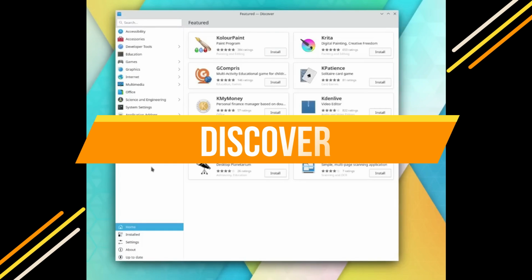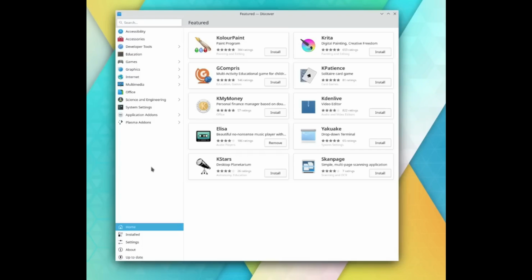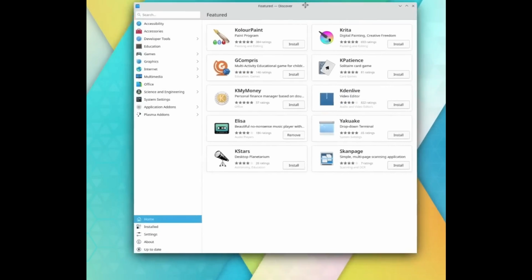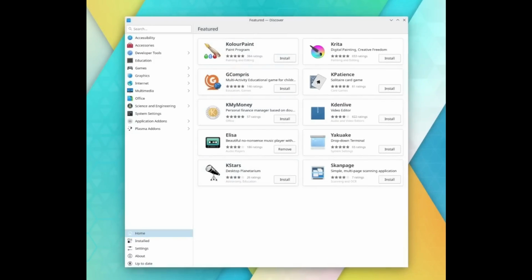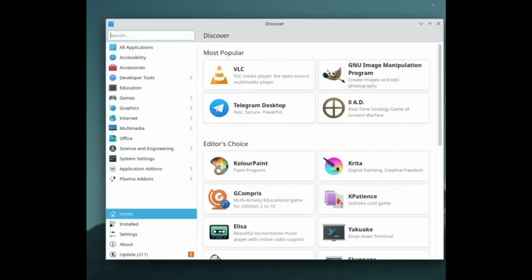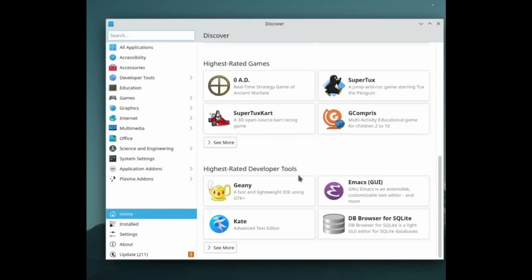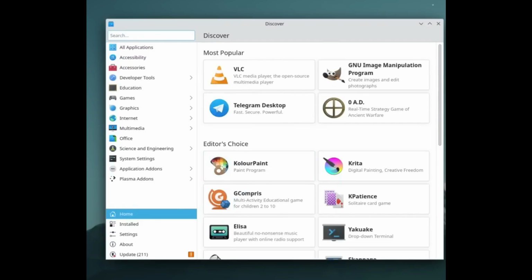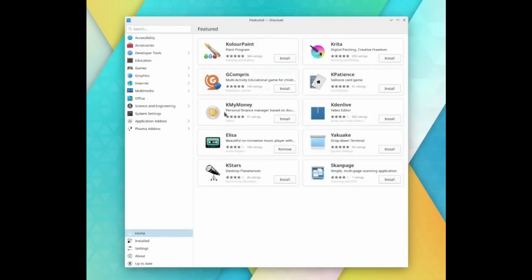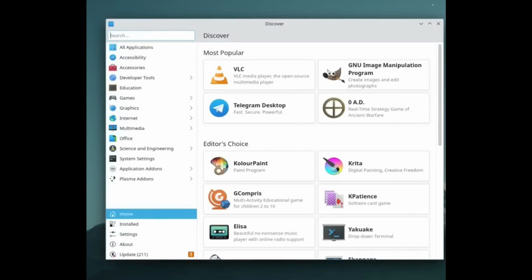My personal favorite is Discover, one of the best software managers from the KDE Plasma team. If you used Kubuntu or any other KDE Plasma desktop, you are already familiar with it. Discover supports all major packaging formats, including deb, RPM, Flatpak and Snap. It has a well-defined information page for software and its sources. You can also search by application name or browse the catalog based on application category. For Arch Linux, it can fetch packages and information from main Arch repos and AUR.